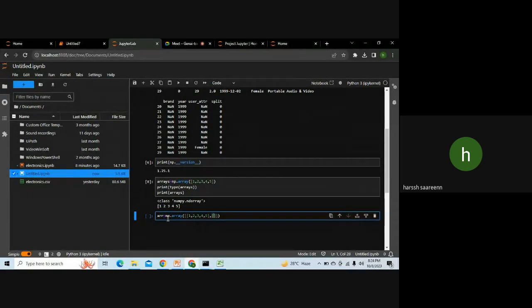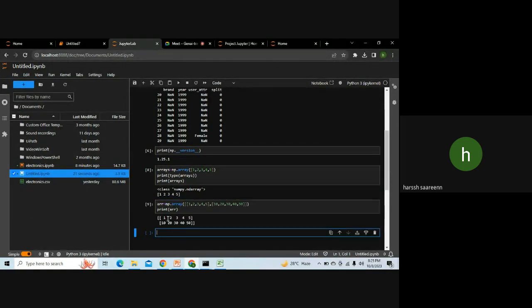So here I will just put 0, 0, 0, 0, 0, and 0. It's 10, 20, 30, 40, and 50. And here I will print this array. You can check that this is two dimensional. Okay. Now if I work on another one, when I print the array,